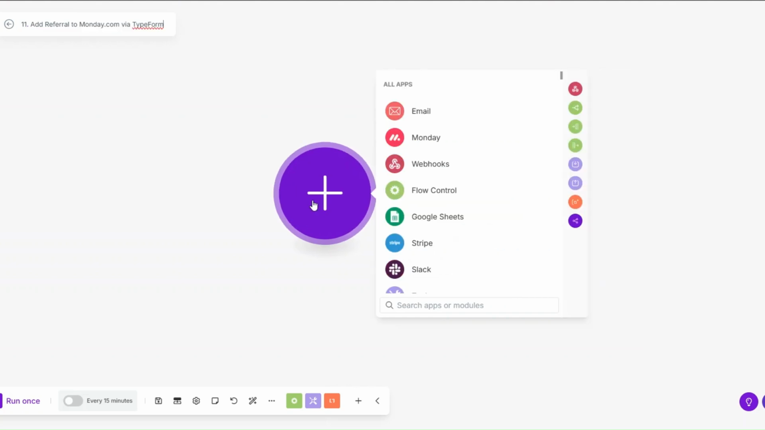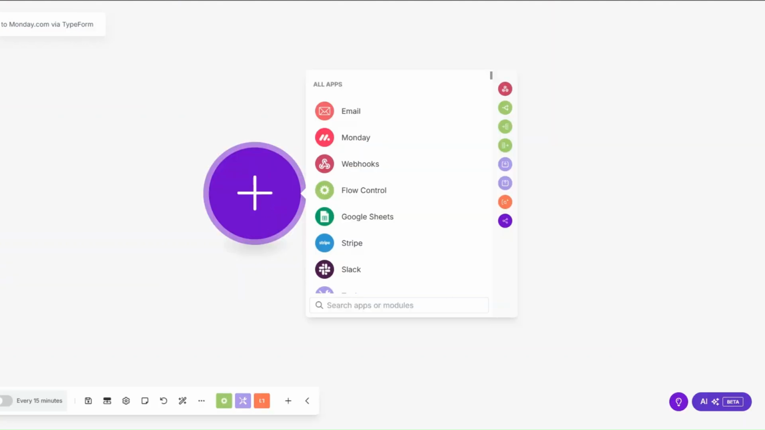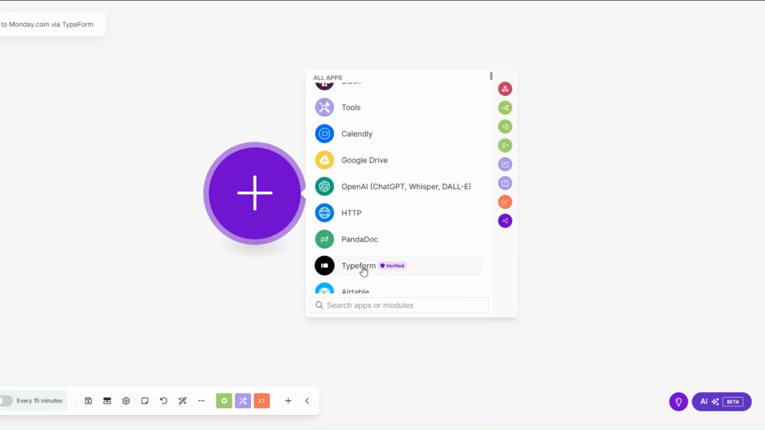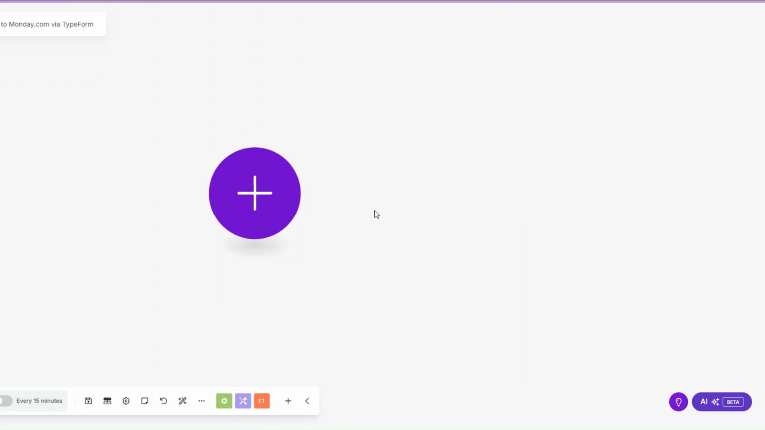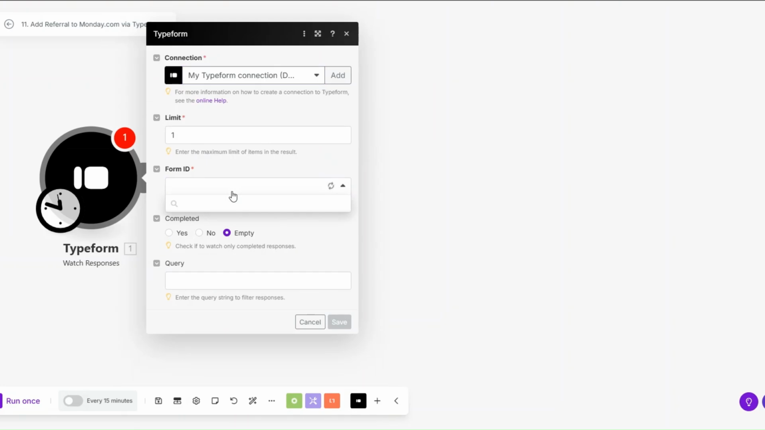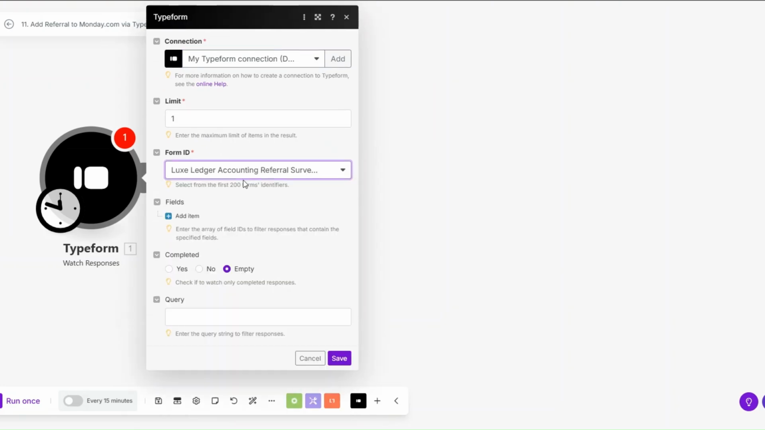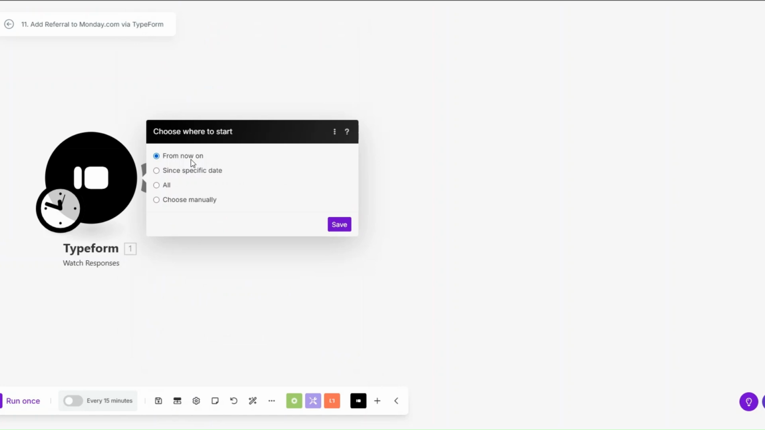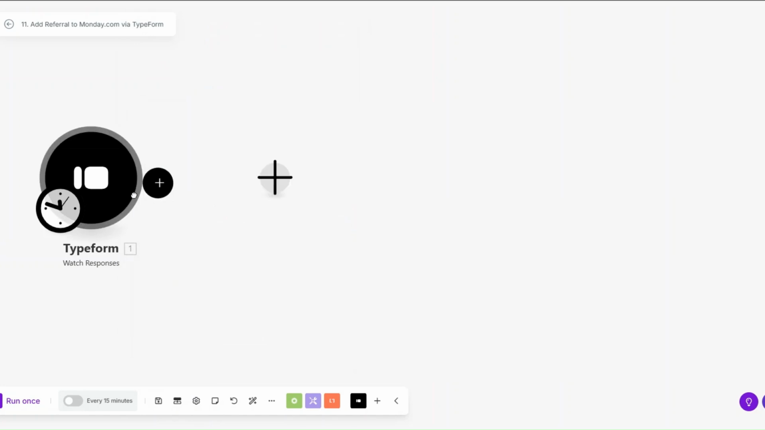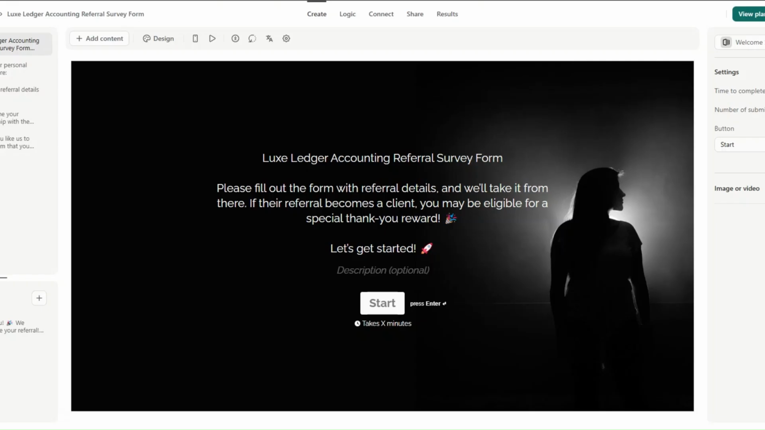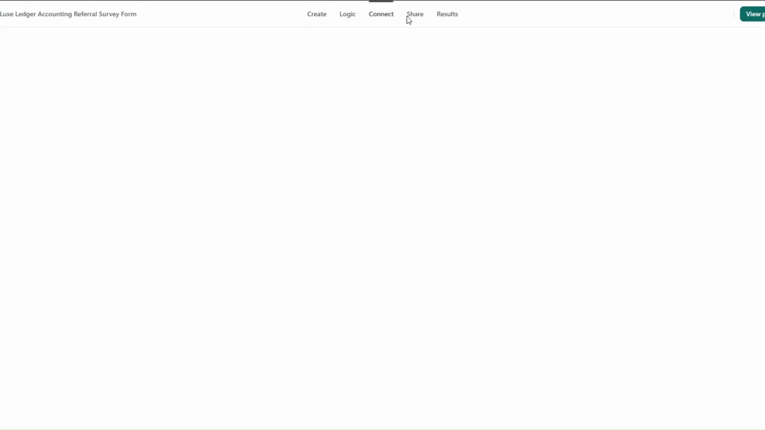I'll rename our scenario to add referral to Monday via Typeform. Since we're using Typeform to collect our referral, I'm going to click on Typeform and click on watch response module action and choose our referral form over here, which is this form. Then click on save, and here we're going to start from now. So click on save. Now on Typeform, I'll click on share